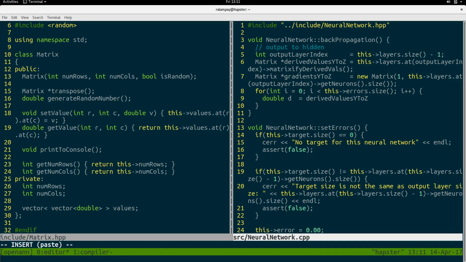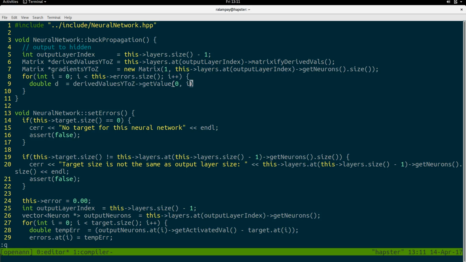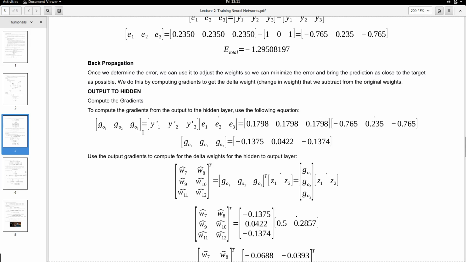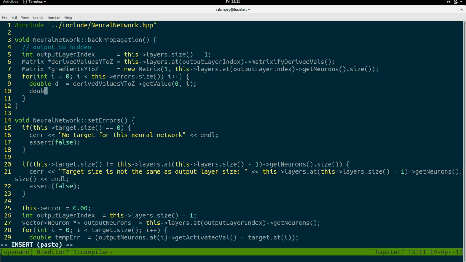So derived values y to z, get value row 0 at column I. That will be the derived value at y, so that will be each of these things, which we multiply to each of the errors. So double E